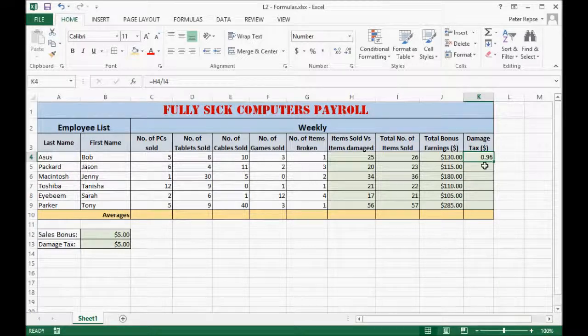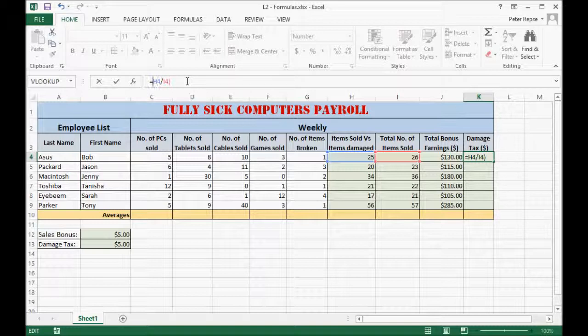But we're not quite done yet, so we're going to tax them based on this number that we've generated here with our divided by formula. So click up here, put in some brackets, because that's our first part of our equation. So H4 divided by I4 times, and we're going to times it by our damage tax down here, B13. So we've added extra to our formula here, and remember, $ in front of the B and $ in front of the 13 to make sure it doesn't change. Press enter,